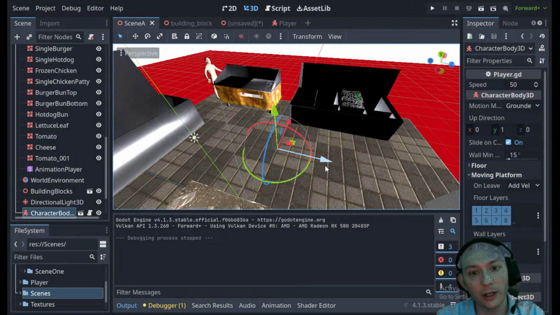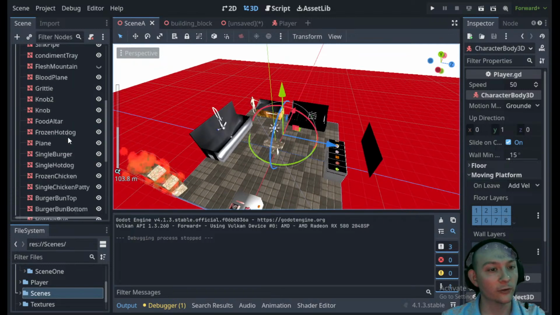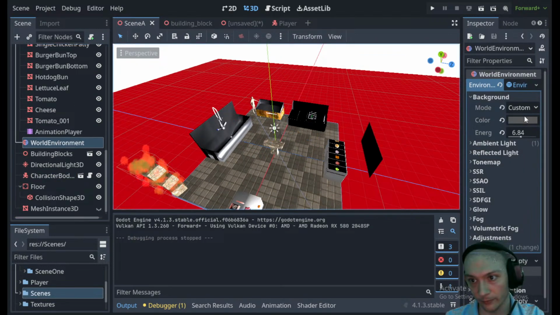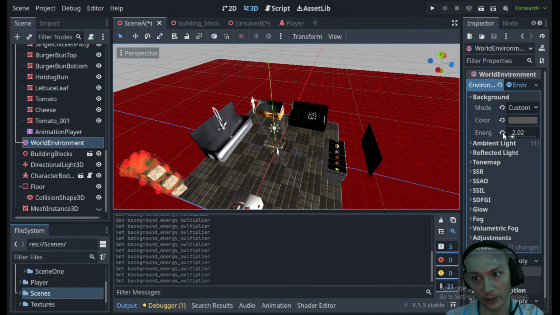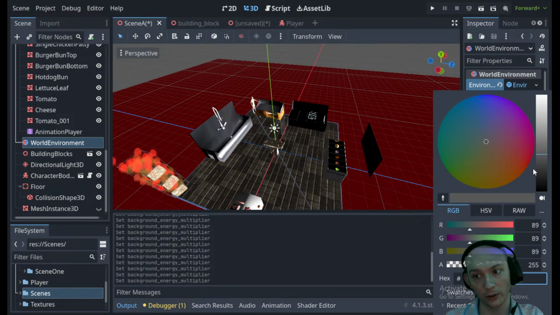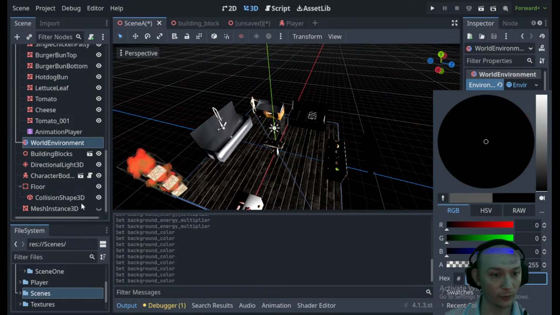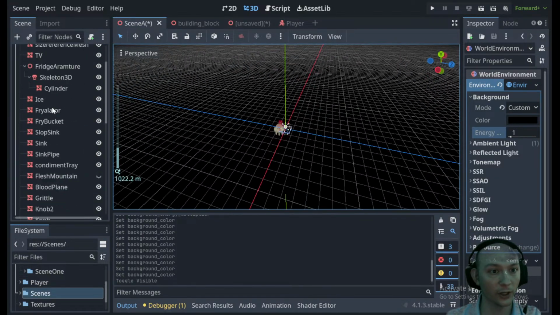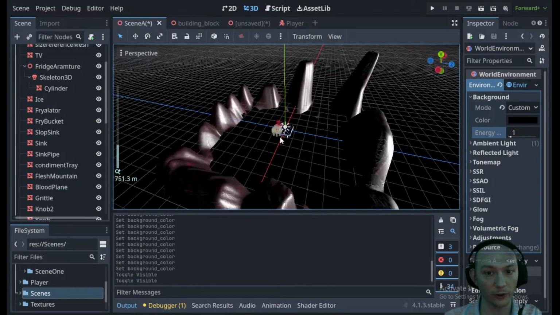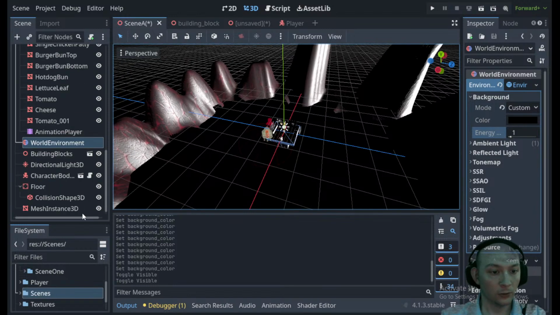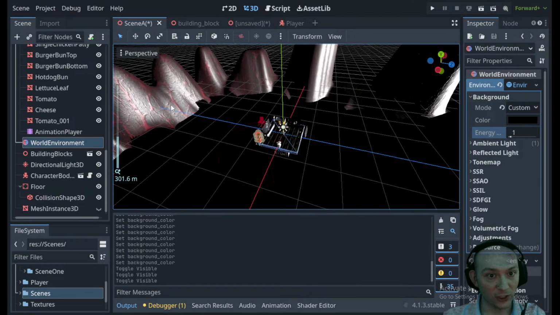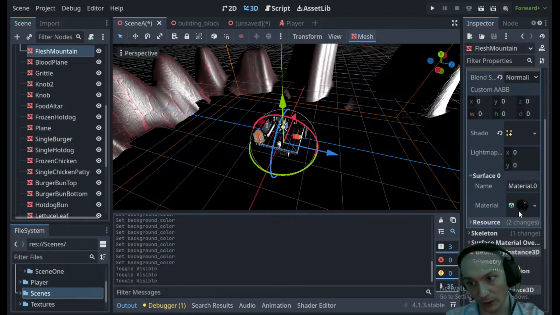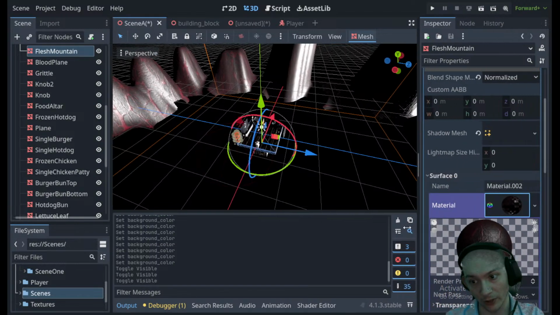But, yeah, so how can we make this look better? First, let's go up to our world environment. Turn down the energy. I think we just wanted the outlying thing to be black. We got to turn back on the Flesh Mountains. Where are they at? Flesh Mountain, there we go. We'll turn off the Mesh Instance 2D. Let me go to the Flesh Mountain texture and the material, and I'm going to make it a little less